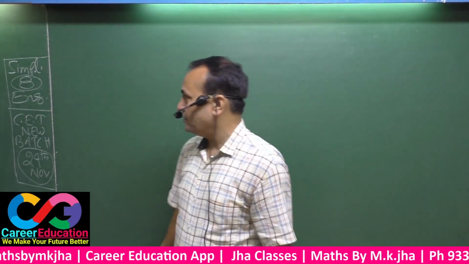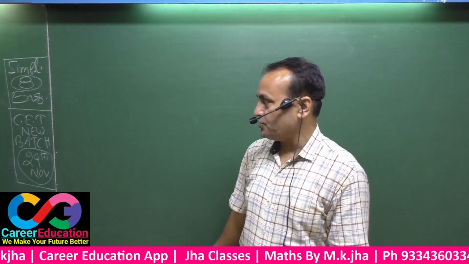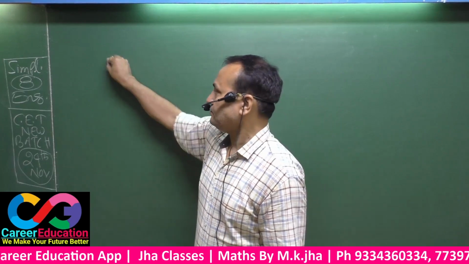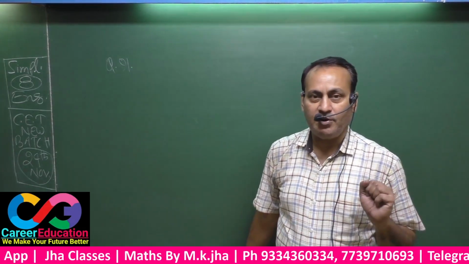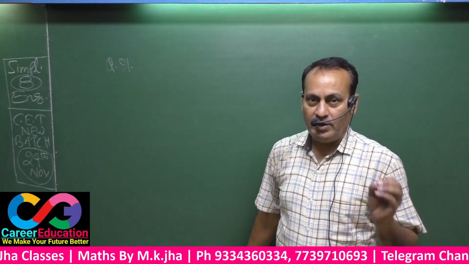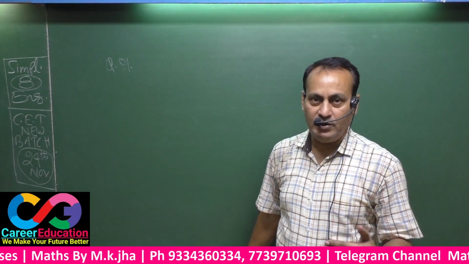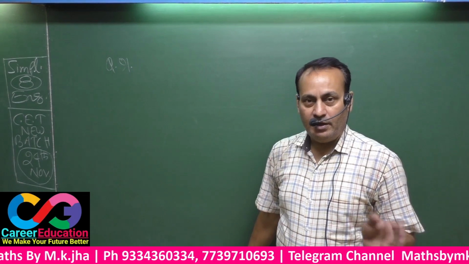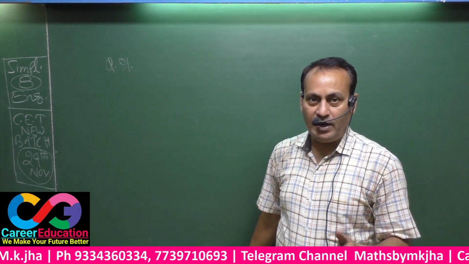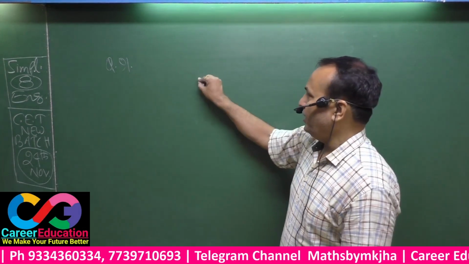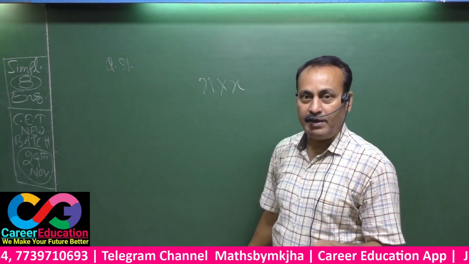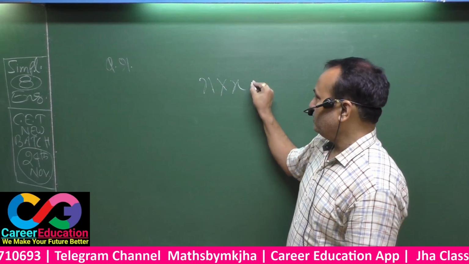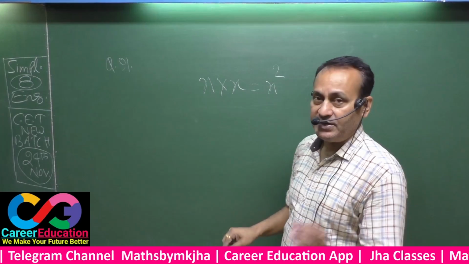Let us start simplification class 8, question number 91. Question number 91 onwards are totally based upon square root and cube root. You will have to think about a square value and cube value as well as a square root value and cube root value. When a number is multiplied by itself once again, the result is a perfect square number.